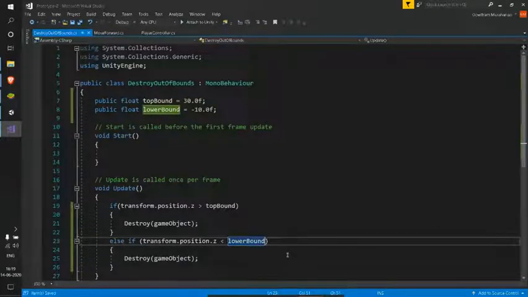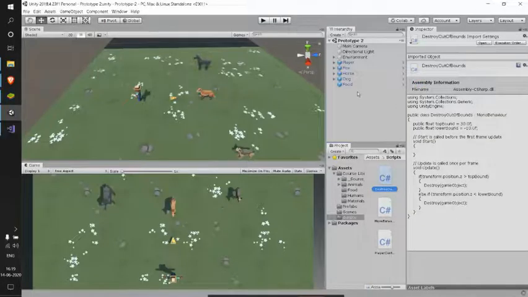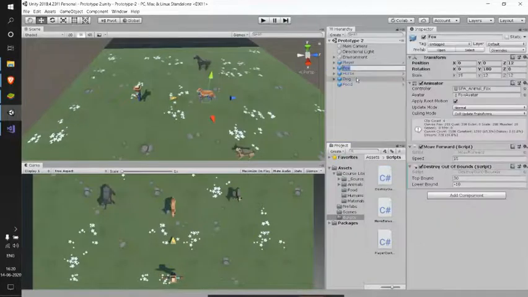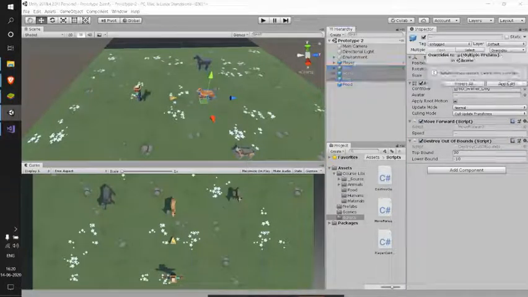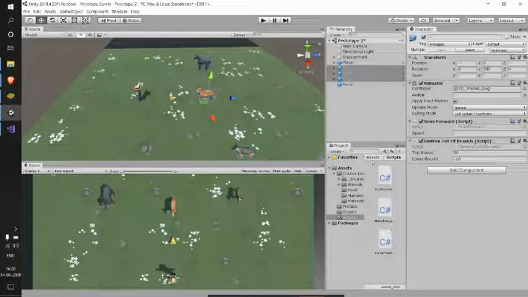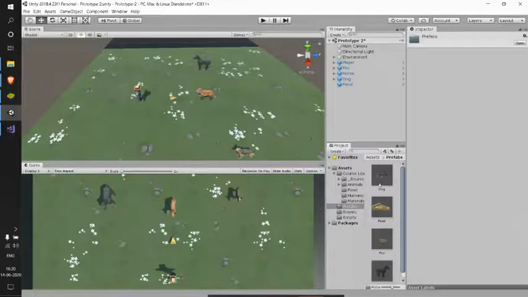So let me go back to Unity and see. It's not just enough to add the script. I'm selecting all my animals, and we need to apply all. When we apply all, see, even in our prefabs the same thing will be reflected.